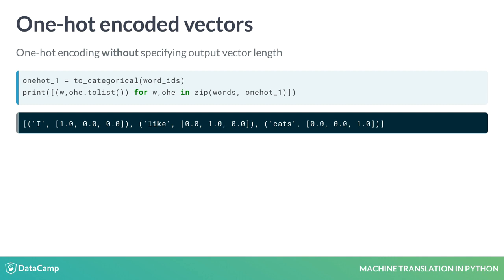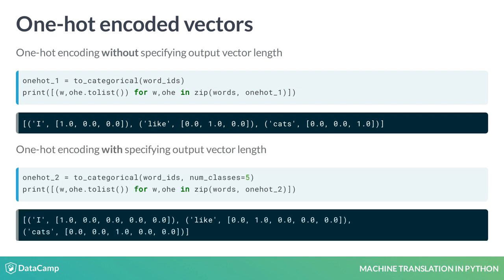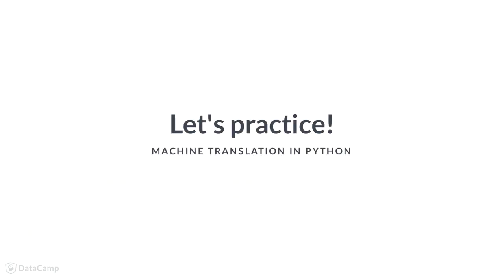If you don't pass in the number of classes or the length of the vector, Keras will automatically detect it from the data that you pass. But you can fix the length of the vector by passing the num_classes argument to the function. It is usually a good practice to fix the length. In situations where training and testing data have different words, leaving the length unfixed can lead to errors and unexpected behaviors. Great! Now let's have some fun with one-hot